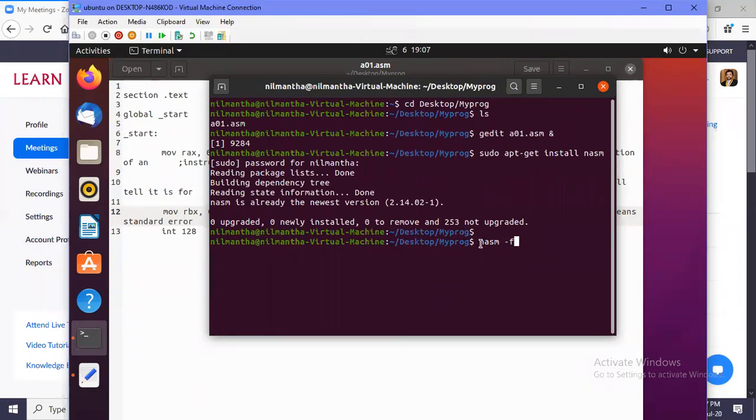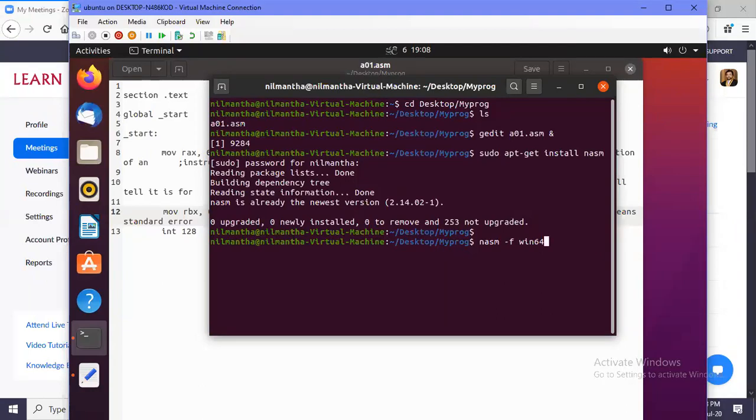So NASM is the command, and -f is the option for specifying the format that we expect for the assembly.